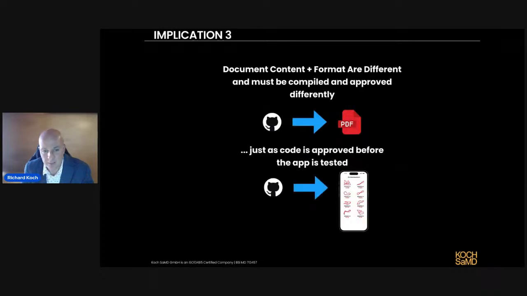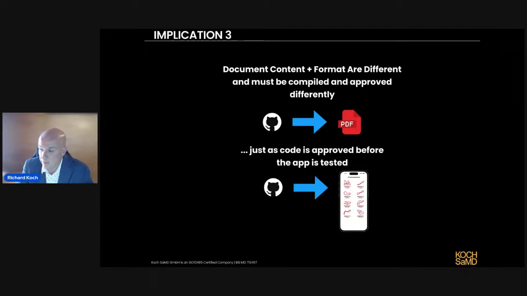Another one, again a very simple point: content and format are two different things. So I'm a bit older now. When I grew up, I submitted my university essays and my mathematics homework assignments on a piece of paper where I wrote in pen. And back then it wasn't possible to separate content and format. Then we moved into this digital world where the digital tools represented a world where at one point we did print a lot on paper. And now, we still use these tools, but really no one ever prints.